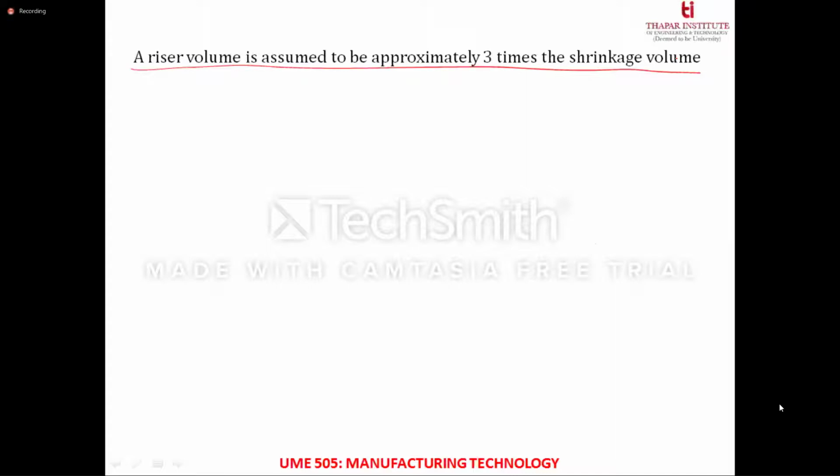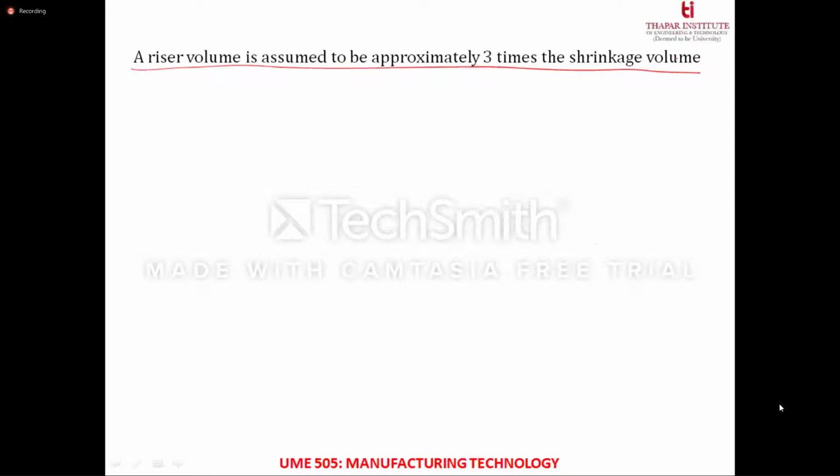So if you have equal volume, what will happen is heat transfer will be fast. As a result, the heat balance will be formed very easily, and both will start to solidify. But if you have more volume in the riser, which means it will have more heat, the heat balance will not be formed that easily and it will take more time.